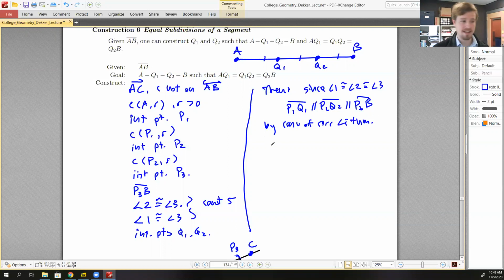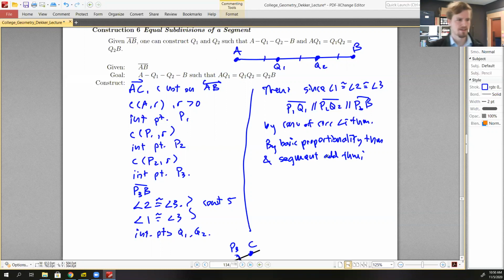So once we have that, then what follows is by the basic proportionality theorem and segment addition theorem, we get that